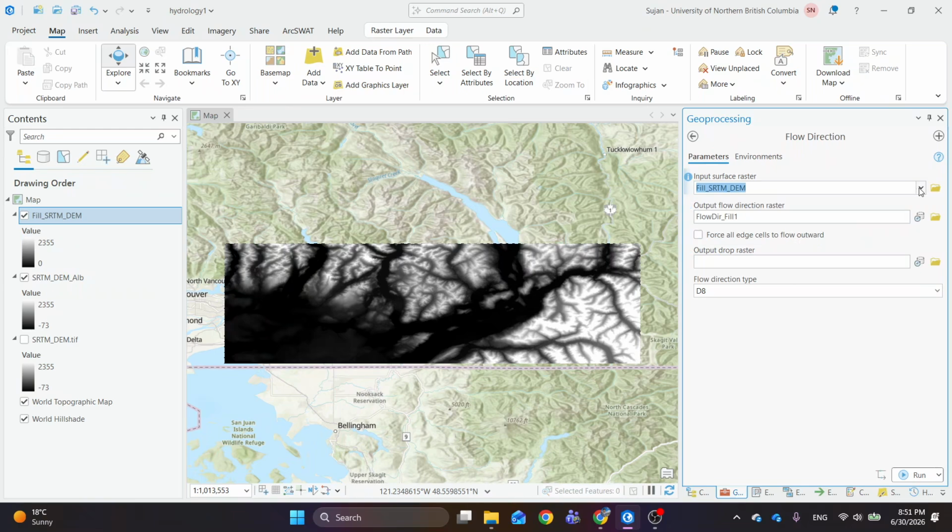You can also use any, but it's better to use a filled digital elevation model. So I'm going to give this a name as flow direction underscore DEM. You can always give your choice on how to rename this file, or you can browse from here and give the name and a specific folder that you want to work on, right? So once you are done with that, I will select the flow direction type, and here are different flow direction types. You can go and check the link